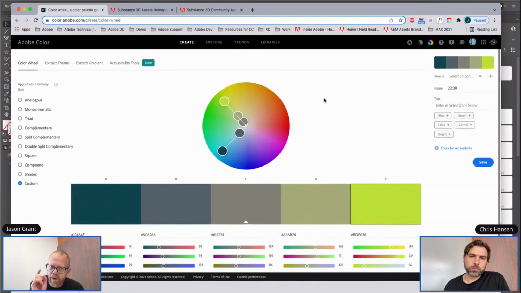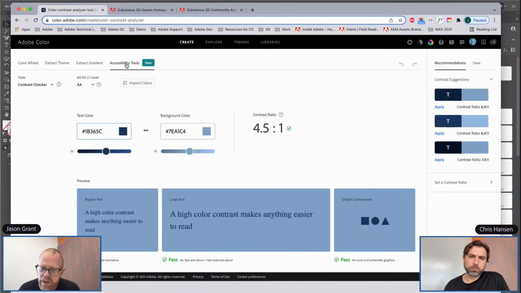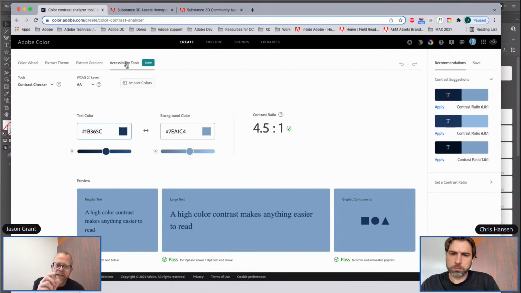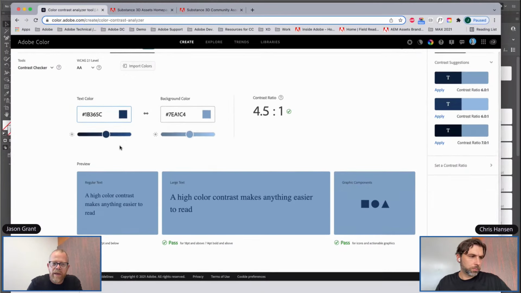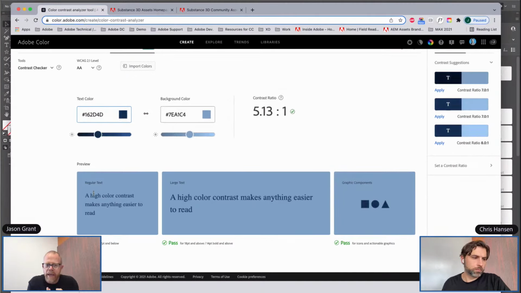Now, the main reason why I want to show this color palette here is because of the accessibility tools that are also available through here. And this is new, that has only just come through as well. So you can play around with these color palettes and actually see how well that works. If I start to play, you can have the preview of say regular text and large text or graphic components. You have a pass, and the more you alter that, you can actually see if this works with,